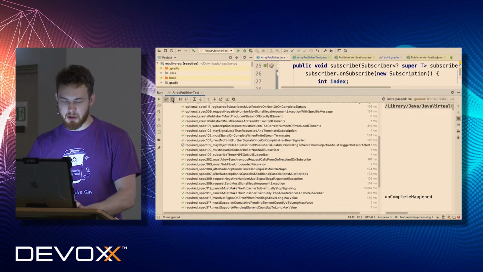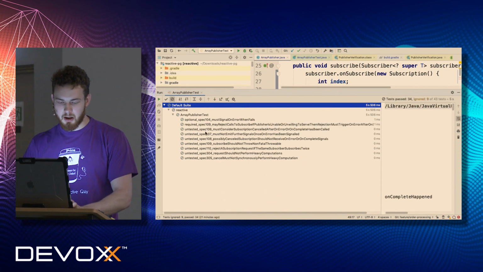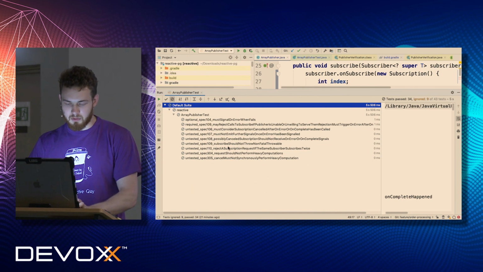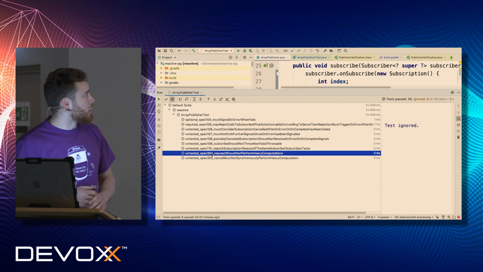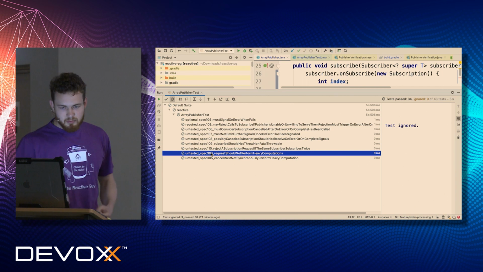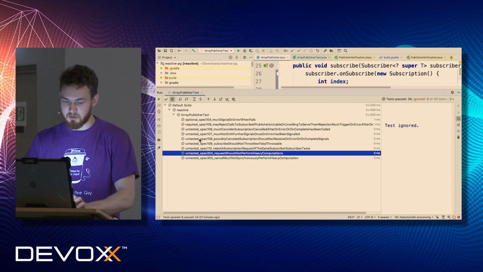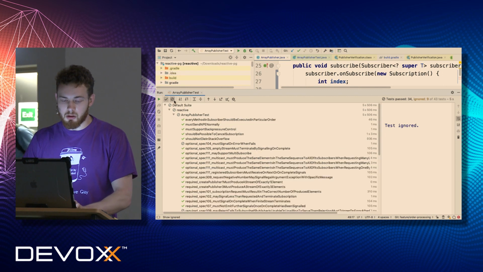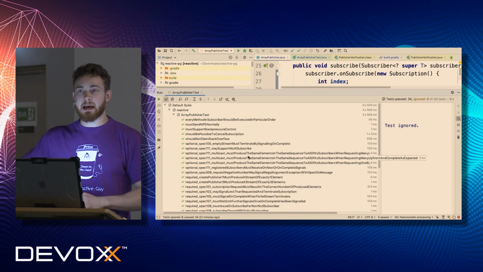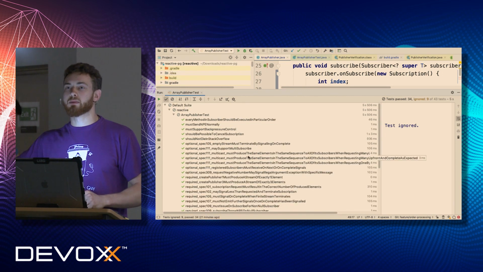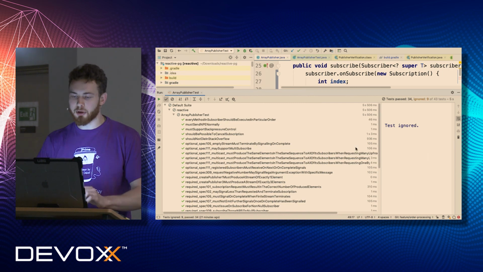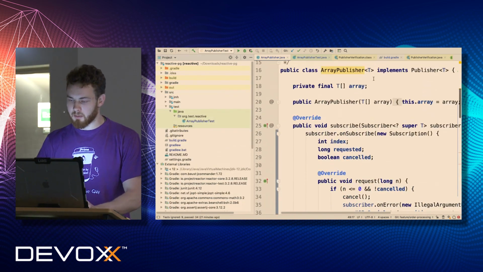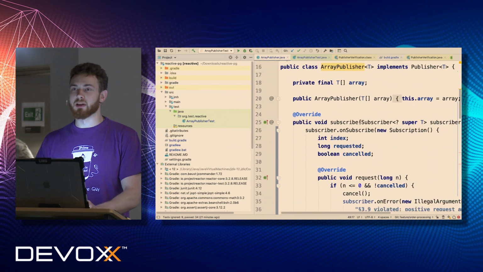Of course, there are a few untested cases, which the specification says we can't test, but in general, all the others don't verify any multi-threading. And this is a problem. If you create a publisher, you can easily end up with such an implementation, right?